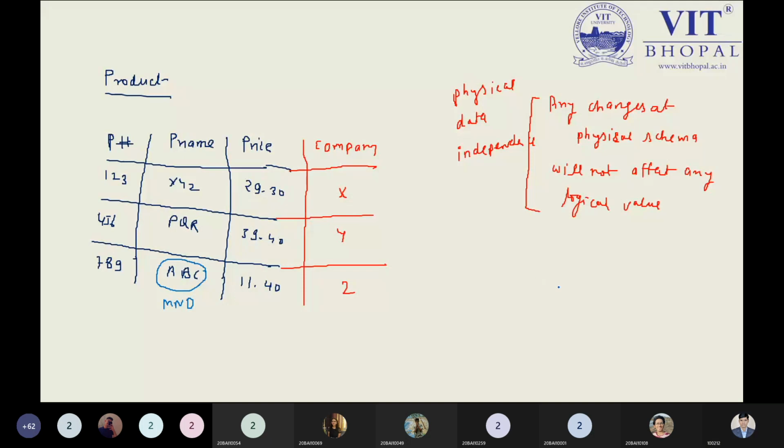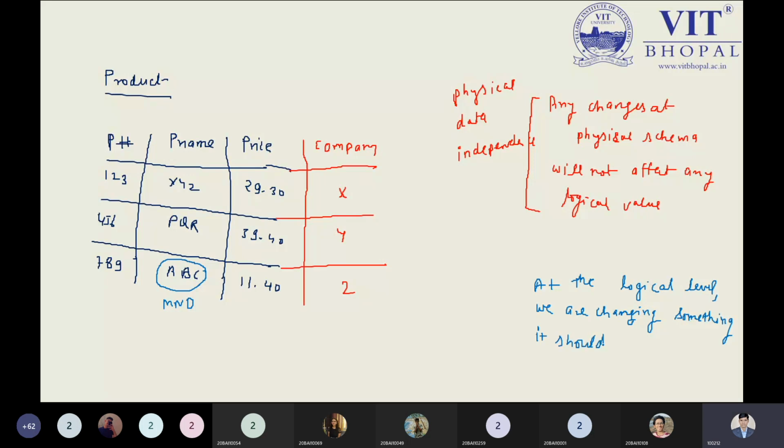At the logical level, we are changing something, then it should not